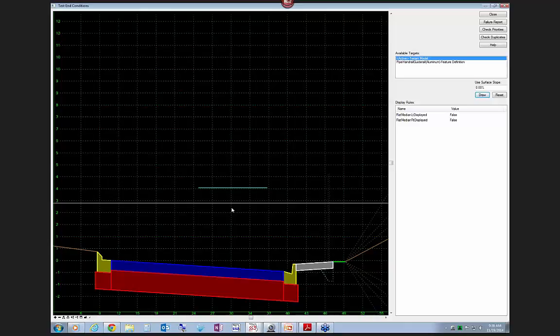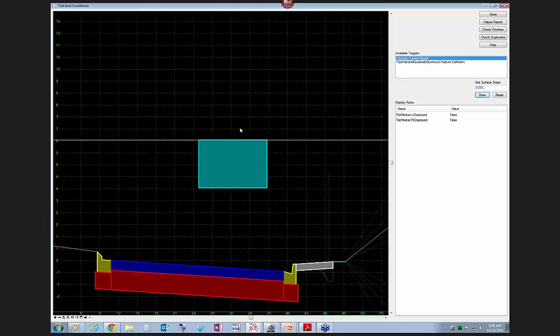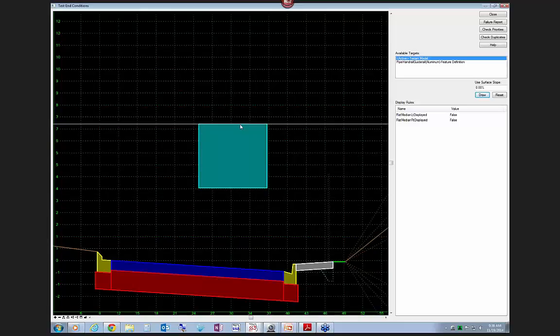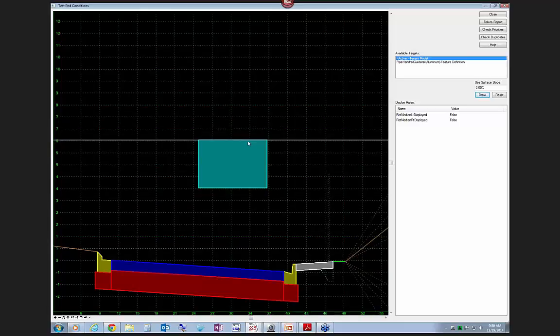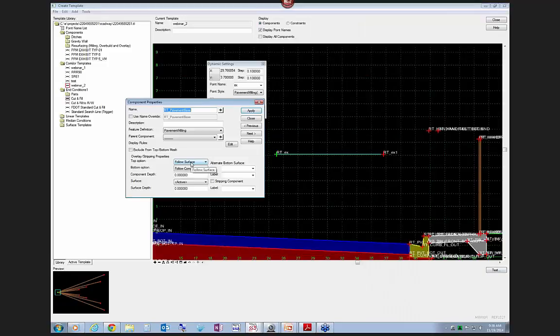Now once I get beyond that, there's not a follow surface for the top or for the bottom option, so it's basically not going to mill anything. But as long as you've got it set up that way, such that a stripping component has a follow surface, follow component and it's a milling type, then it basically draws that envelope for you in the model and also